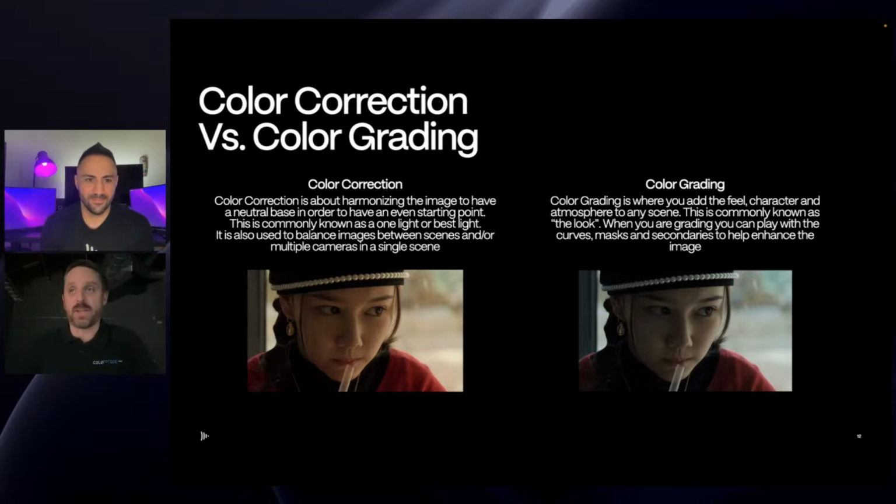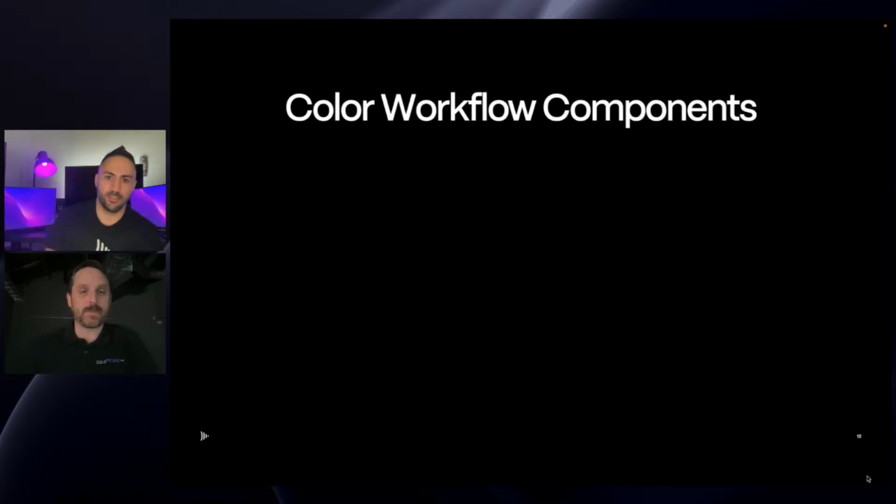And we definitely feel that those are the two big things when you're looking at how you're going to work. There's the out the gate, you're on set, you're seeing it, but don't worry, as long as you've exposed it properly and you framed it the way you want, you got the actor's performance out of it, you can change it with grading to make that feel. It's great to light it the way you want it, of course, but you do have the ability to change that after the fact. And that's a big part of the puzzle. 100%. That's a great summary of the difference between the two.